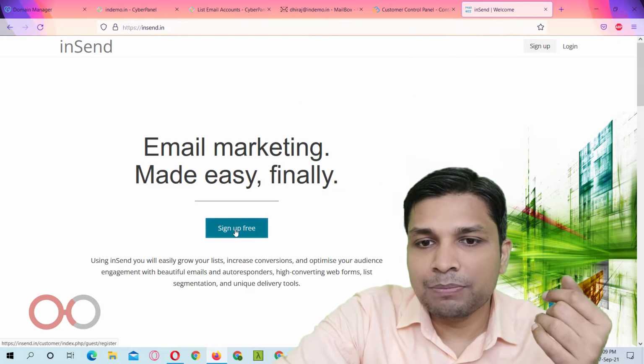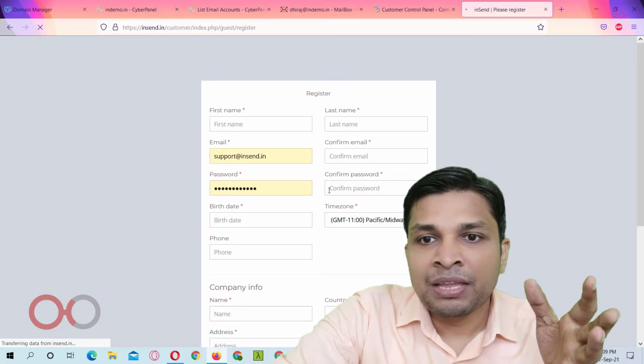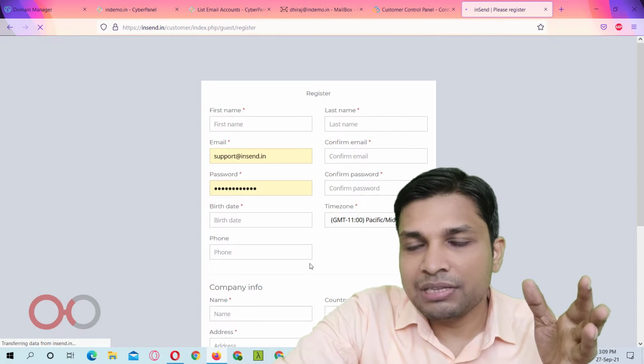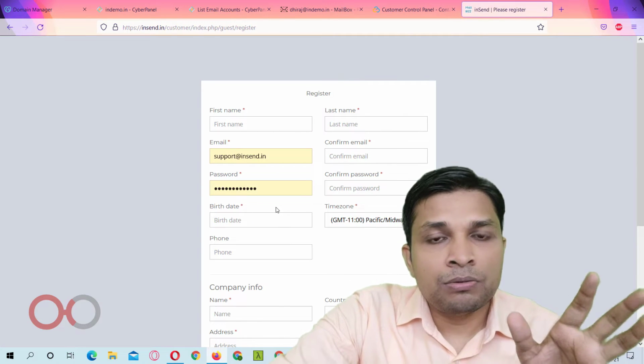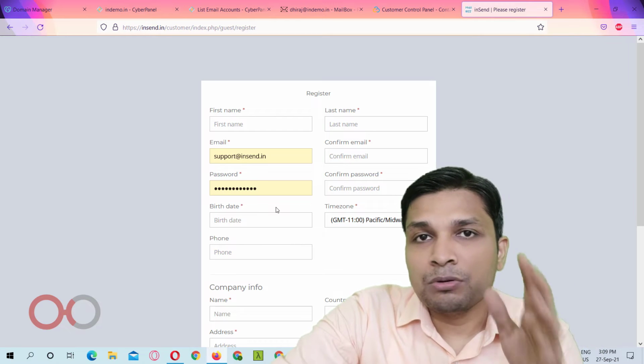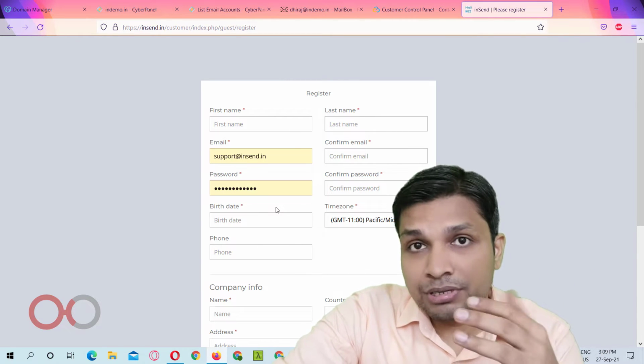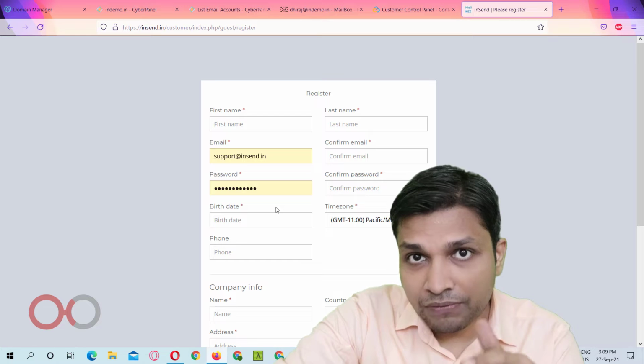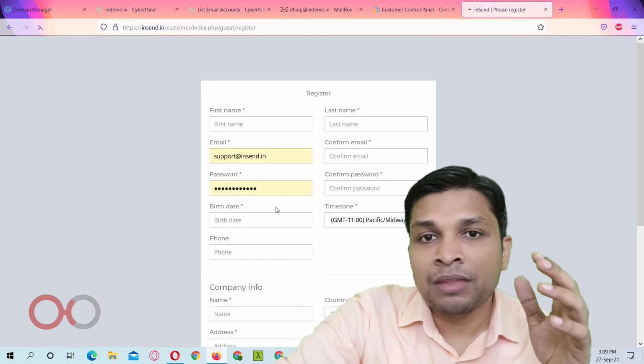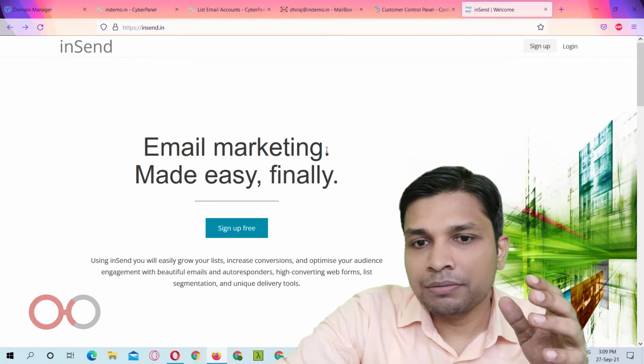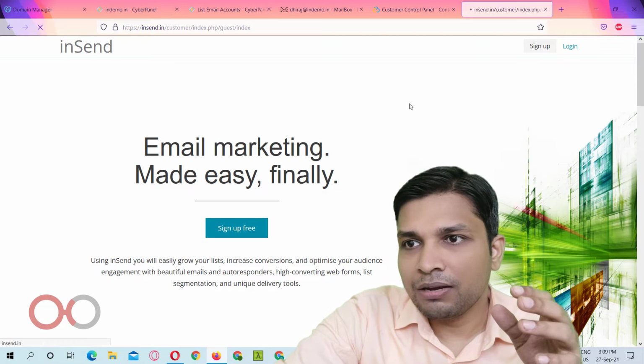So you can simply sign up free here and fill all these details, and you will be able to create MailWizz accounts in no time, and then you can use this MailWizz for free, absolutely free, no charge whatsoever. Alright, so let me go back and I'll log in here,